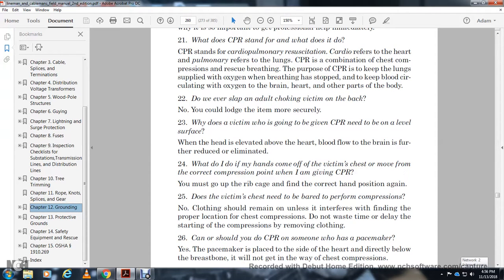The victim's chest needs to be bared when performing compressions. No clothing should remain unless it is in the way of finding the proper location for the chest compression. Do not waste time and delay starting the compression by removing clothing. Should you